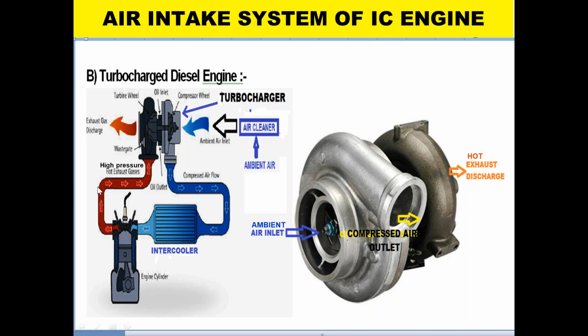then the exhaust gases at high pressure travel and strike the turbine wheel here. Here is a turbine wheel. Now it gets its power from this high pressure gas, which moves it, rotates it, and then the gases get discharged from the center. Here I have shown the ambient air entering here, the compressed air coming out, and the hot gases exit from the other side of the turbocharger.